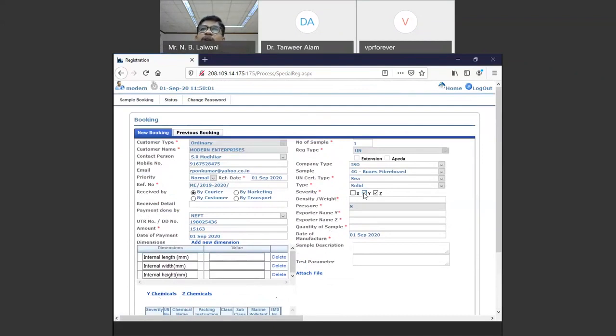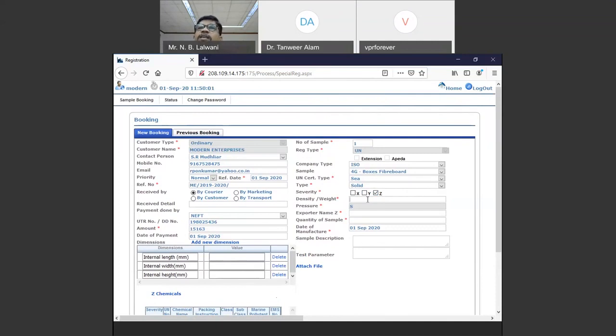So let's say we will go with only one group here. Let's say it is a Z group. Here, the density or gross weight will show. In case it is cardboard boxes, then you have to put the gross weight here. In case it is a metal drum, you have to put the density of the liquid you are going to export. Let's say you are going to have this certificate for 10 different chemicals, having a variety of densities. Then you have to take the highest density liquid. Let's say the range is from 0.9 gram per cc to 1.4 gram per cc. Then you have to take the highest density, like 1.4. But in this case, as we have selected, it is a 4G box.